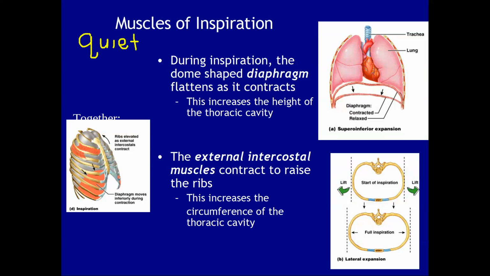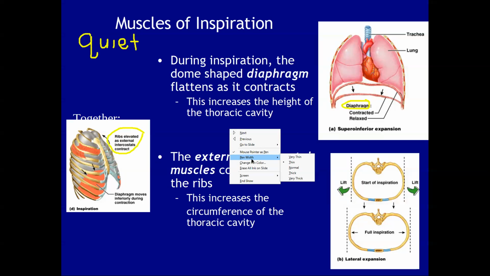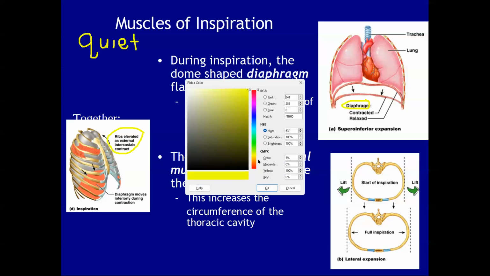Now, here comes the CSEC information to remind you. In order to quiet breathe in, here's what you do. There are two muscles involved. You have the diaphragm and you have your external intercostal muscles, right? So far, so good, right? When you want to breathe in, here's what happens. The diaphragm contracts. Normally the diaphragm has a dome shape and it presses up against the bottom of the lung,